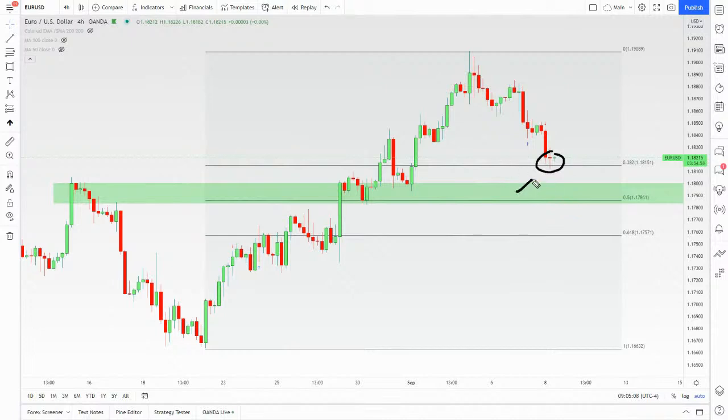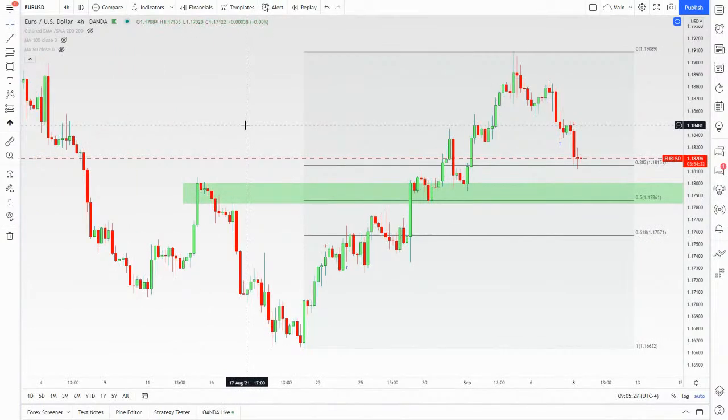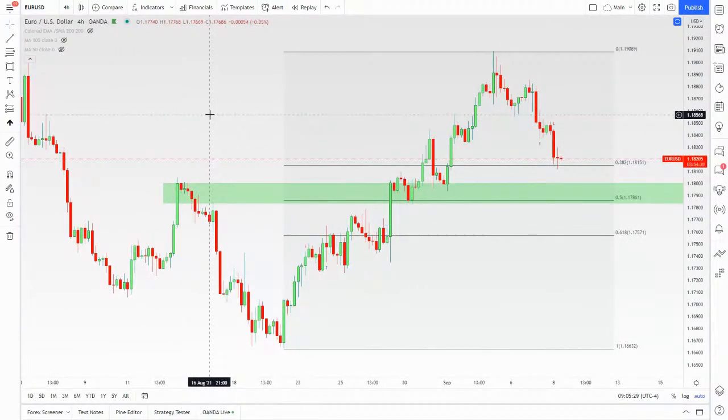We'll see if that can hold, if there can be some buyers here, or if price is going to push a little bit further down to that 50% retracement. Perhaps there is some buying interest down in the lows there. I do like Euro USD to the upside. I think that it has potential there should we see more buyers come rushing in. Again, the fundamentals to me on the dollar look fairly weak for now. Until that changes, I am more biased towards the short side when looking at DXY or just the US dollar